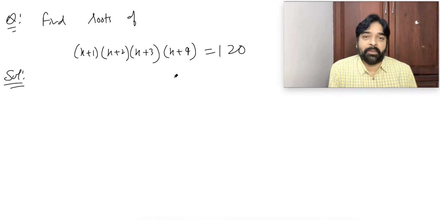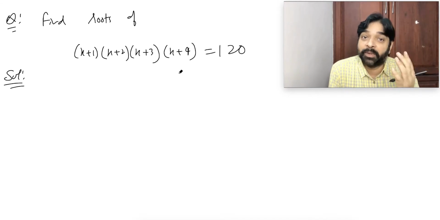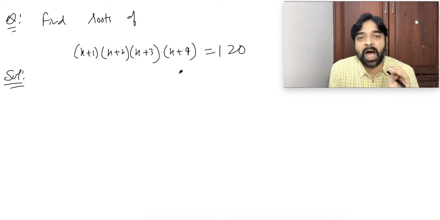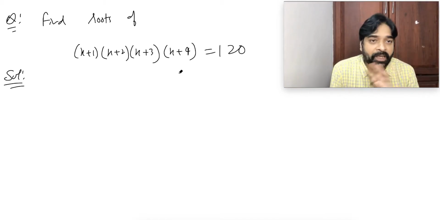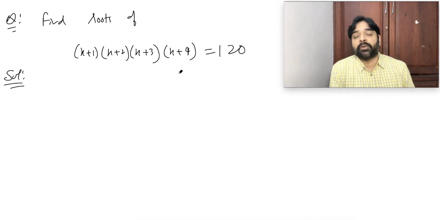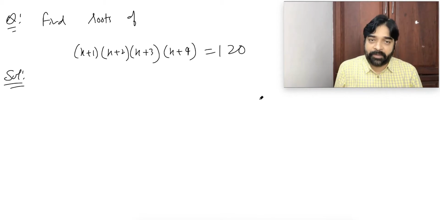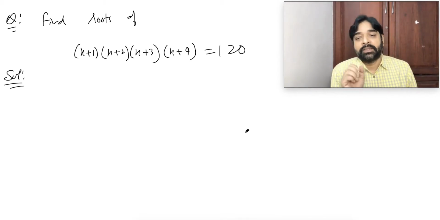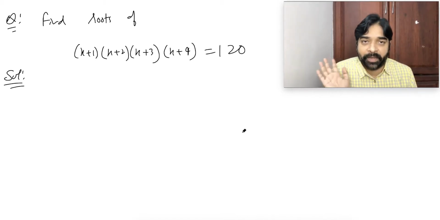Always remember one thing: in the whole of mathematics, we have a solving method only for the quadratic equation. We don't have any other method. Cubic, biquadratic, power 5, power 6, all these equations are solved by hit and trial. There is no formula for a cubic equation, and no formula for a biquadratic. So what should we do if they ask you a biquadratic, or power 5 or power 6? Try to convert it into a quadratic, because quadratic is the only solution. There is no other way.